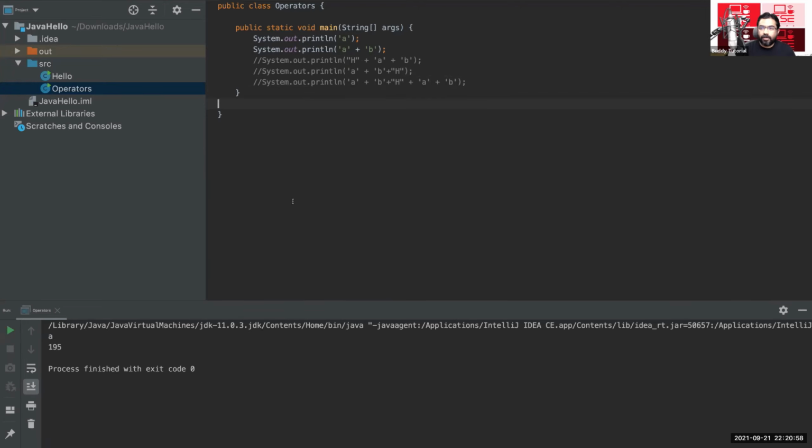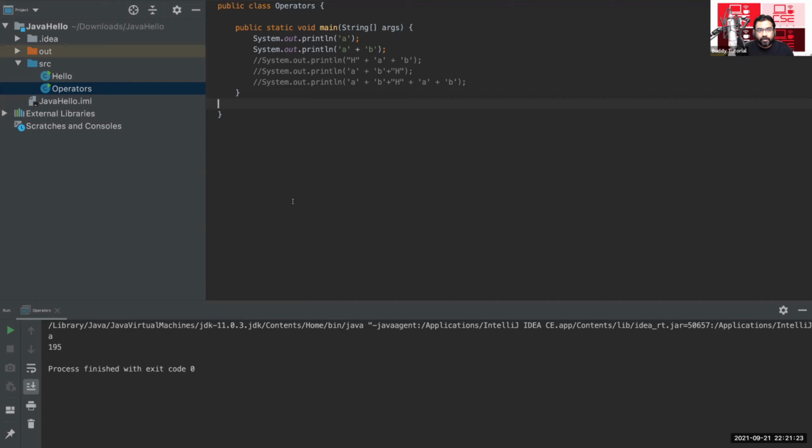Do you know how this 195 has come? If you search in Google for the ASCII numbers corresponding to each alphabet, capital and small have different ASCII numbers. So you will come to know. Here, because of plus, it is taking the ASCII value.